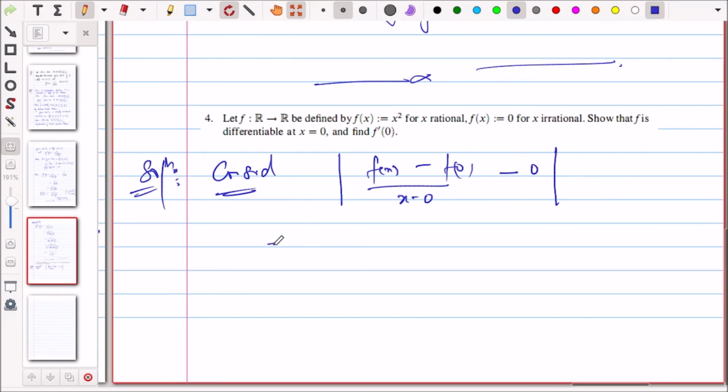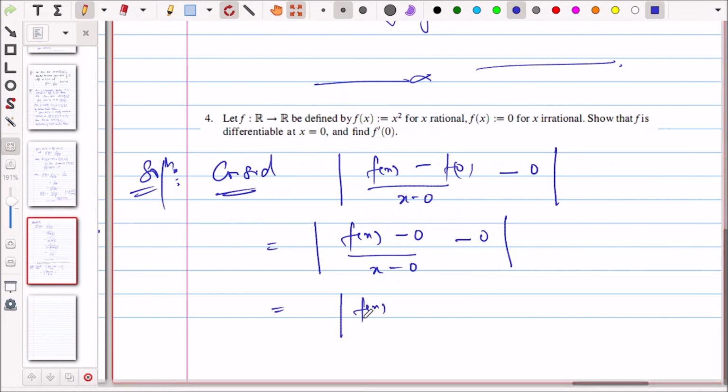so we are starting with 0, so this is your fx minus 0 upon x minus 0 minus 0, so this is nothing but fx upon x, so this is your mod fx upon mod x, right? Yes, यस सर। Now what is this? This is less than equal to x square,